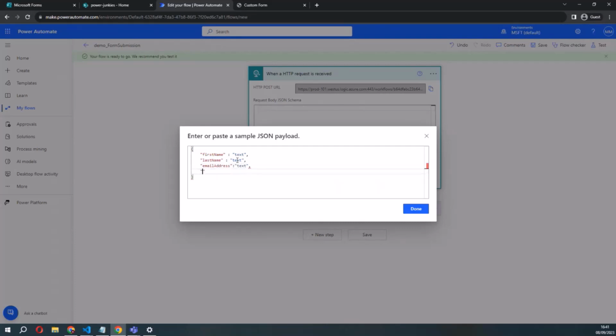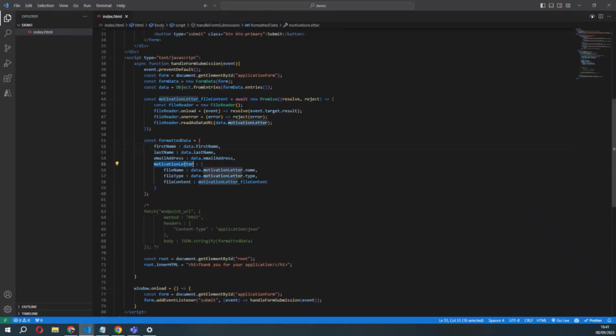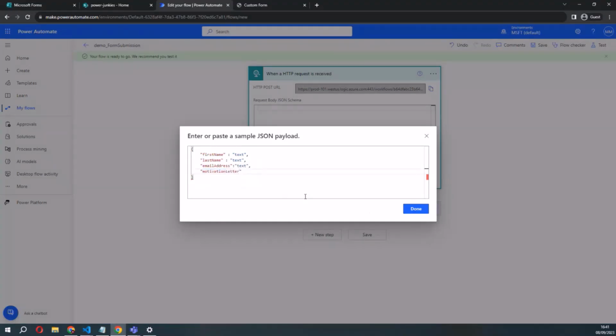Then will be a motivational letter. How do I name it? Sorry, let me check here. It's motivation letter, I just copy it. So it is motivation letter, which will take an object, and that object is a file name, which is the